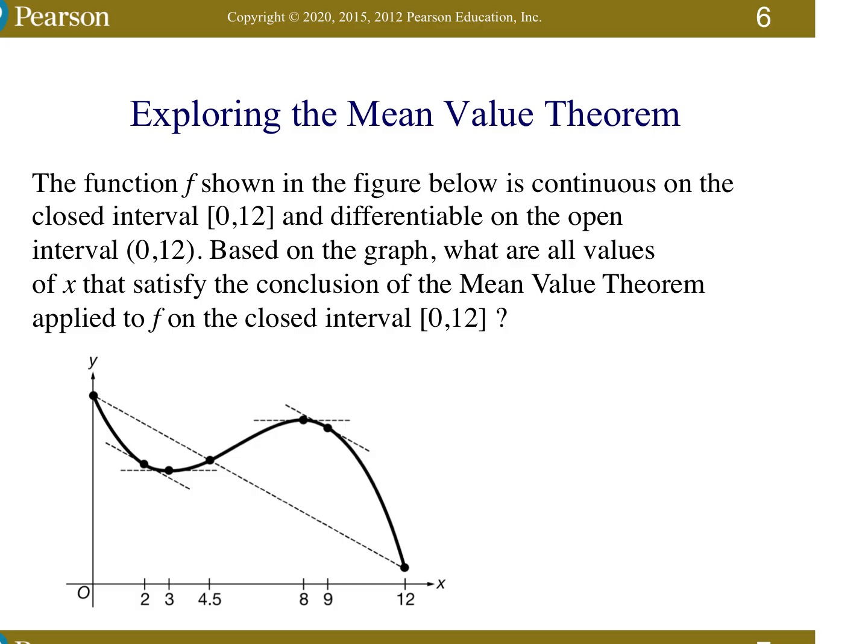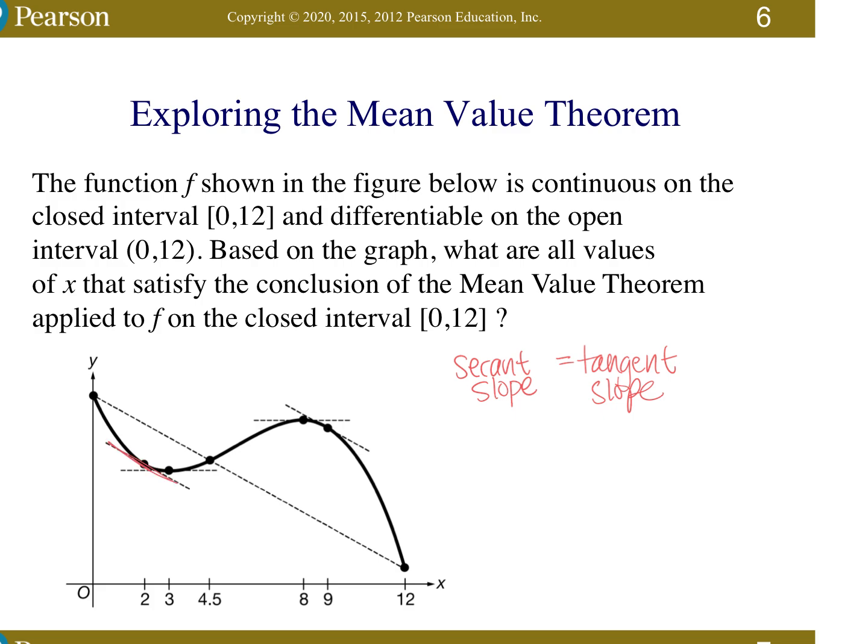So the conclusion would be that the secant slope must be equal to the tangent slope, which means the secant line must be parallel to the tangent line. So how many times does it look like, what are the values where the secant line would be parallel to the tangent line? Where do you think? Give me the x values. X equals